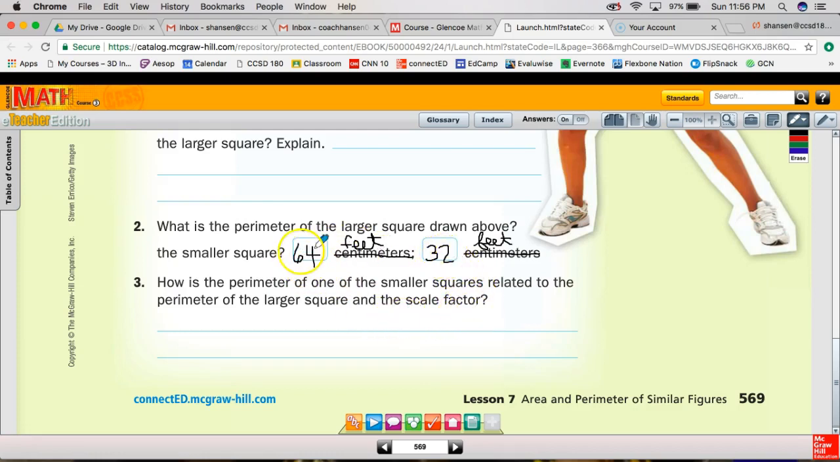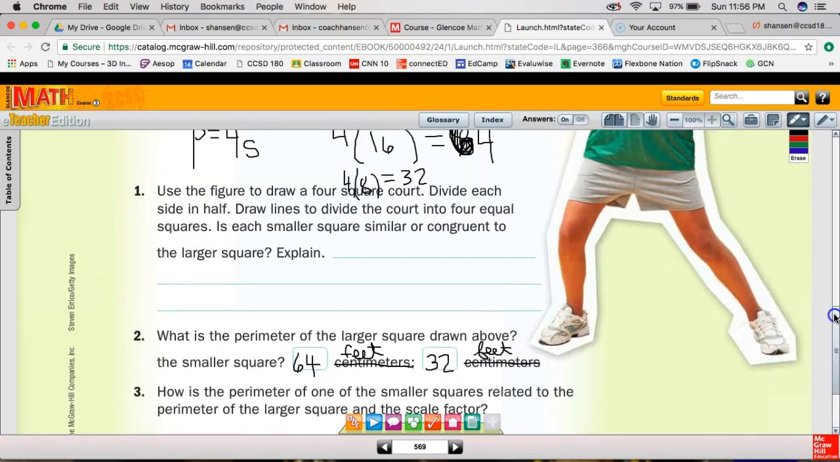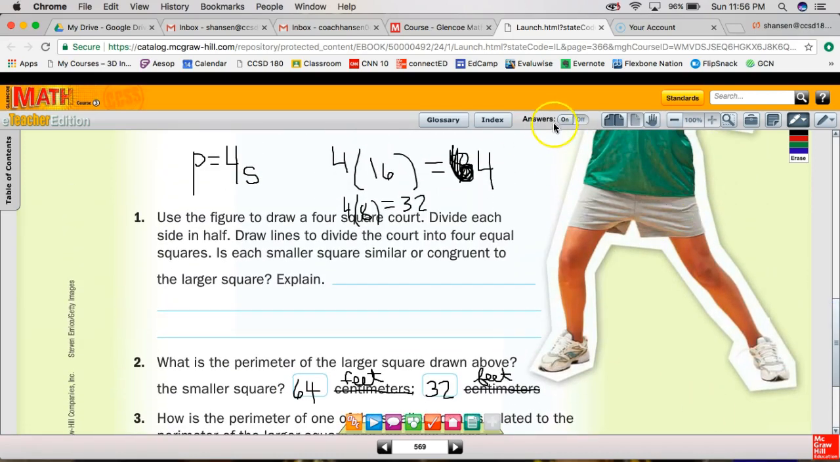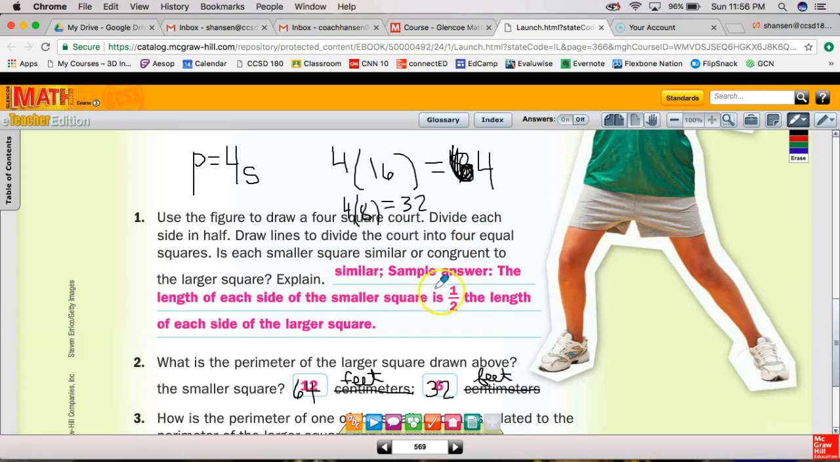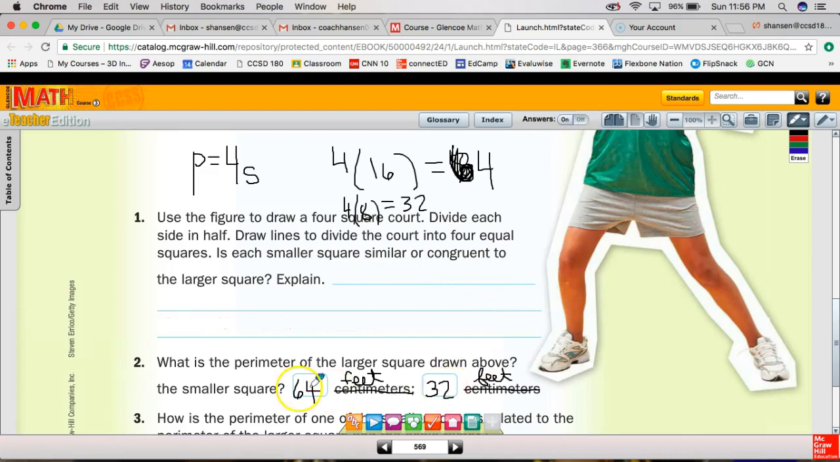So 32 is half of 64, correct? And we already got done explaining that, if I go back up here, without all the rigmarole, that the smaller square is half the length, right? 8 is half of 16. And now you've seen, let me turn this off, that 32 is half of 64. So basically,